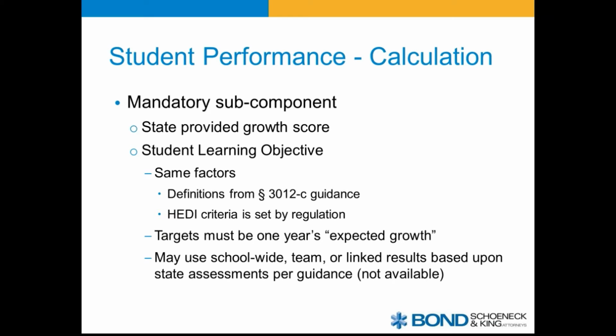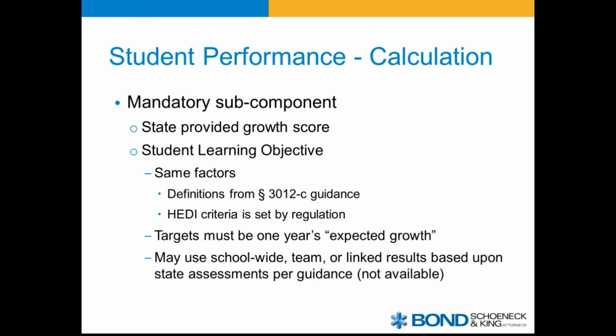The mandatory subcomponent of the student performance calculation is broken down similar to the student growth component of the prior APPR, in that if a state-provided growth score is required or is provided, the state-required growth score will be the mandatory subcomponent score for the student performance category. If there is no state-provided growth score, districts must create student learning objectives for teachers in those grades and subject